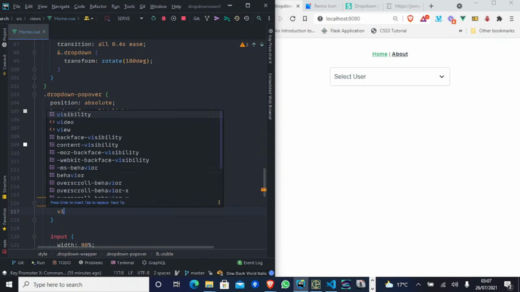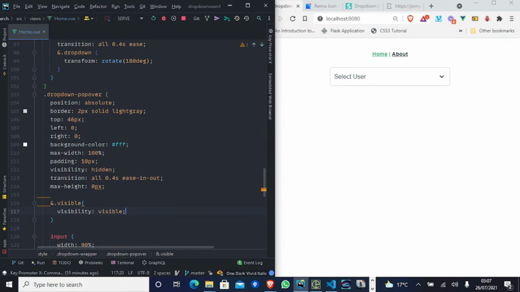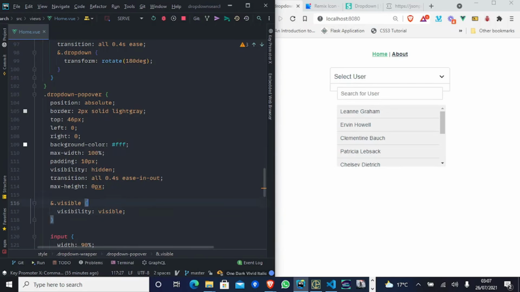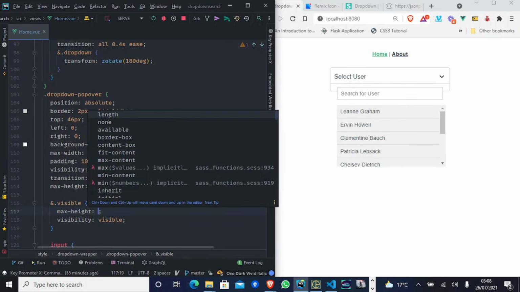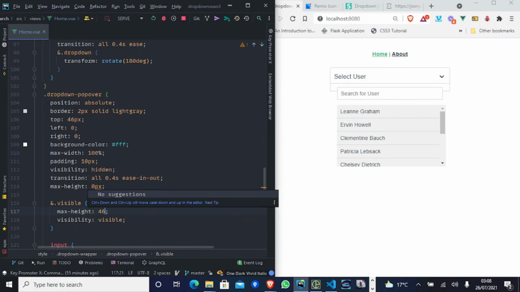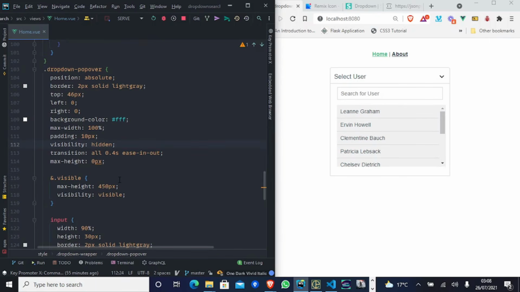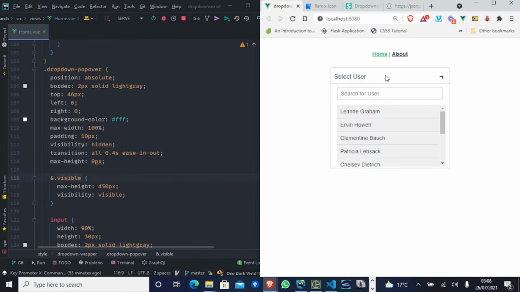So what we want to do is visibility should be visible, right? And we want it to have a max height of 450 px. Let's give it 450 px. Great. So with this, I think we should have,